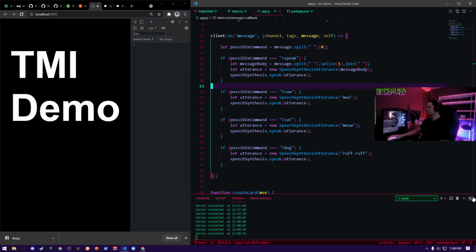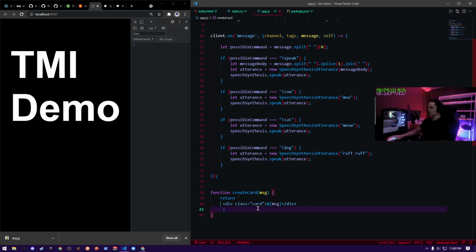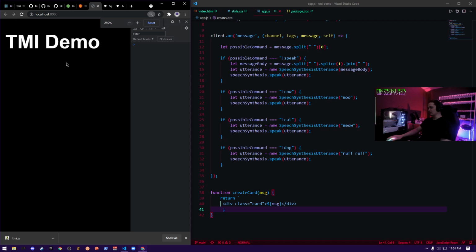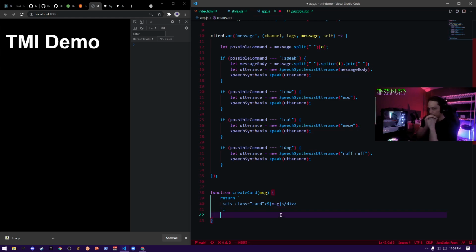Okay. So now we have a create card function. I want this to start adding cards with the messages that everyone writes. And that could be like message.